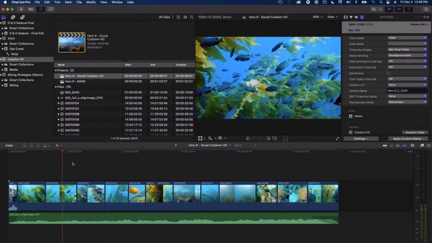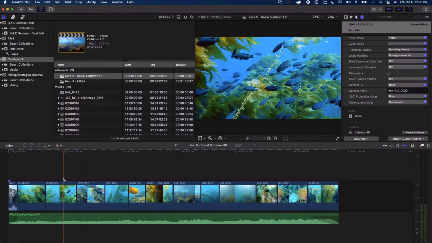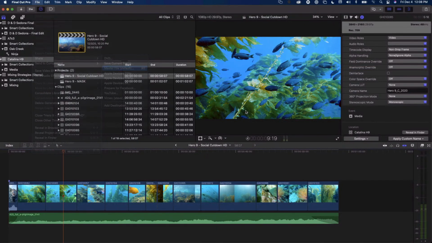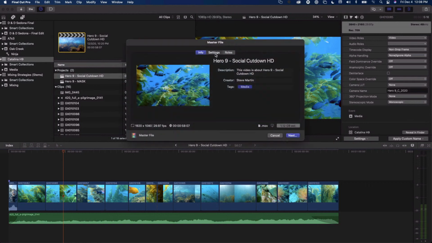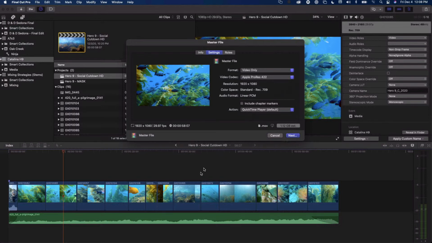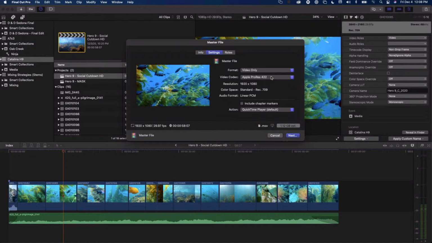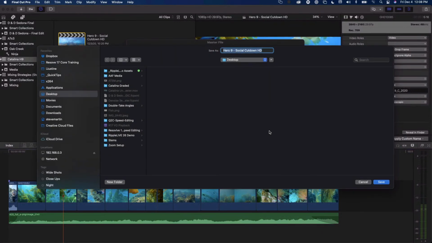So what I'm going to do is, after I've color graded all my clips, I'm going to go to the File menu, and I'm going to go Share, and I'm going to choose Master File. And under Settings, I'm going to choose Video Only because I'm not interested in the audio. I just want the clips. And I'm going to choose a ProRes option. In this case, I'll just choose ProRes 422. And then I'll click Next, and I'll save it on my desktop. Now, I've already done that, so we don't have to sit here and watch